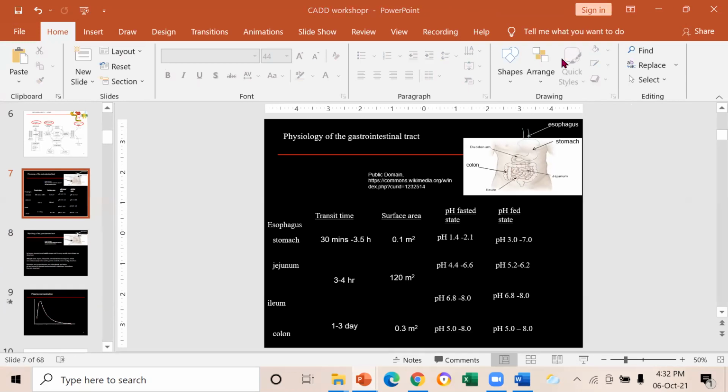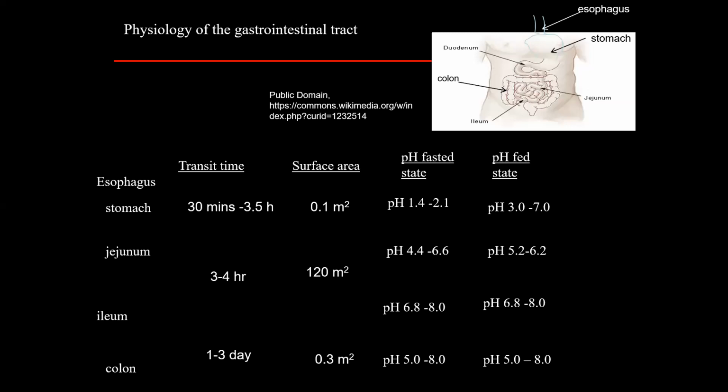There are some more points we need to keep in mind when you are designing molecules. One is the pH, which I mentioned. The pH of the stomach is very, very acidic. As it goes down, then you have the jejunum, and then the ileum and the colon. The pH will keep increasing. So the drug has to be stable at all these conditions. Also, the area of each of these regions is very different, so the absorption also can change.